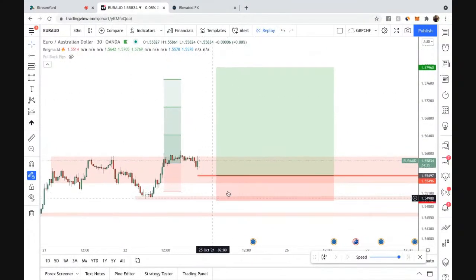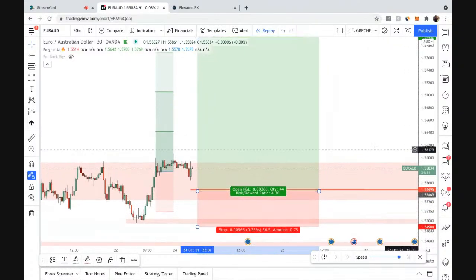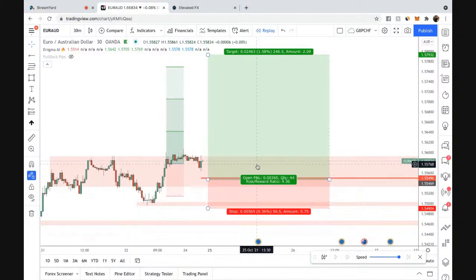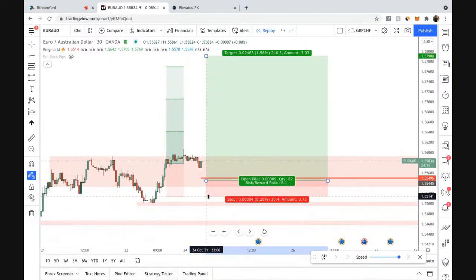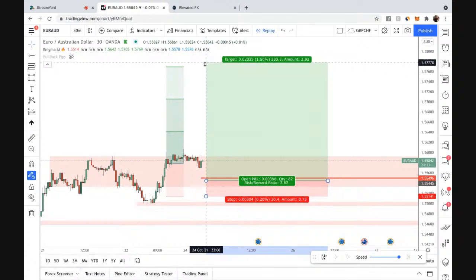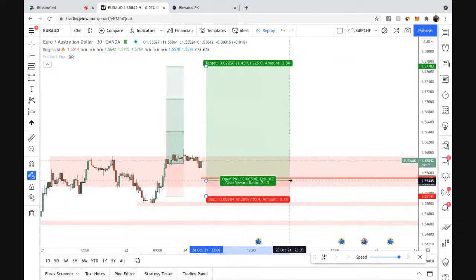Yep. But you're realizing this pullback is what we're looking for, because that move is going to be great, right? If we're able to do the same move and minimize our risk, you're going to notice we're going to turn an easy 3-to-1 setup into, look at that, 7.5 to 1.